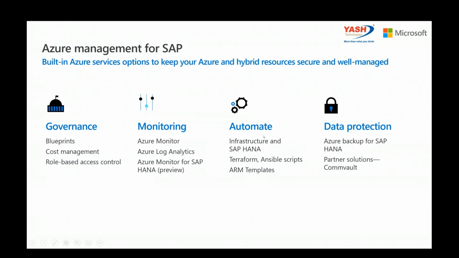There are automation capabilities available if you so need them, and we do have a native backup solution specific for SAP HANA, which is very similar to Azure Site Recovery in that you don't have to set up any underlying infrastructure to have such a service. So it really simplifies the overall solution when you consider a cloud migration, right? So in part, that is also some level of innovation that Microsoft is bringing to the table. And together with YASH, we can identify the right solutioning that makes sense given your business requirements. Of course, you can also leverage available partner solutions out there in the market today, for example, Commvault or Veeam.